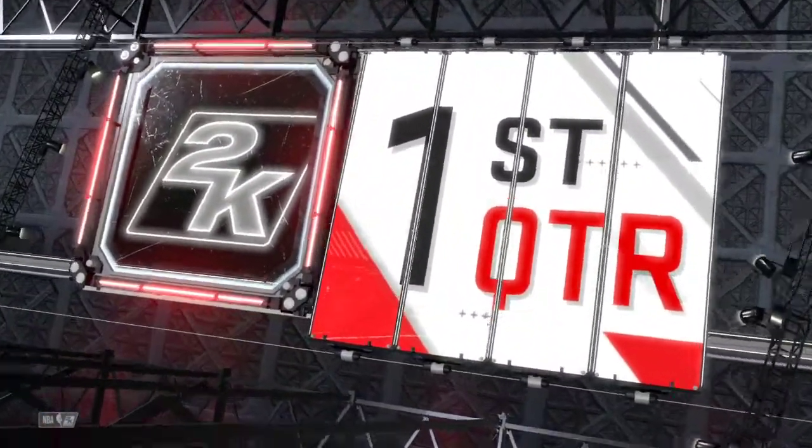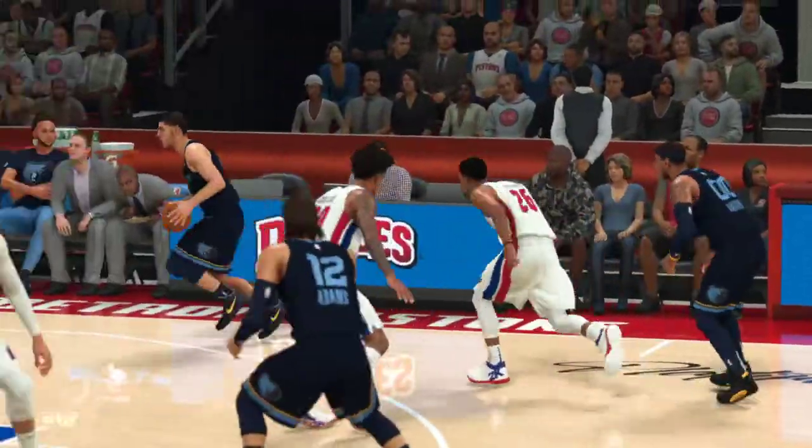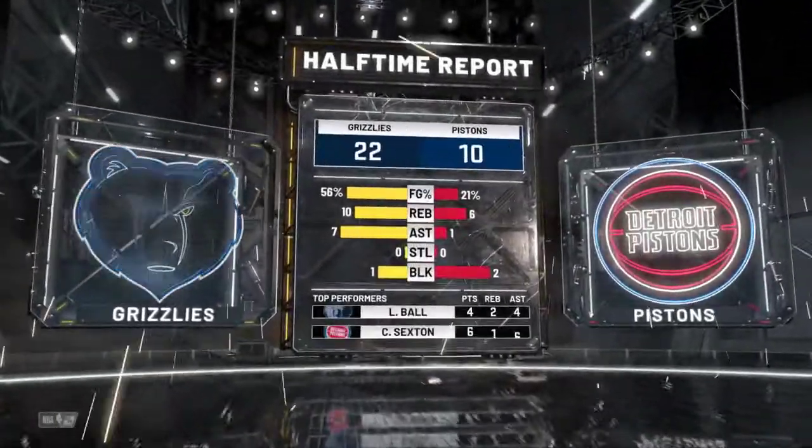Welcome back. For the Grizzlies, the first quarter was pretty even. At the end of one, they were able to end up with a...